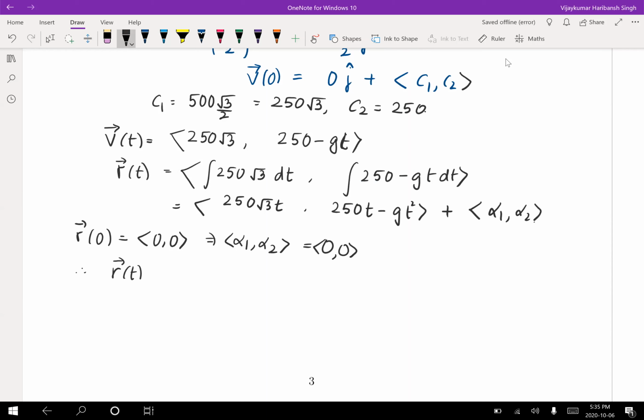so we got this one. Again, we forgot about adding the constant of integration. So r of t,